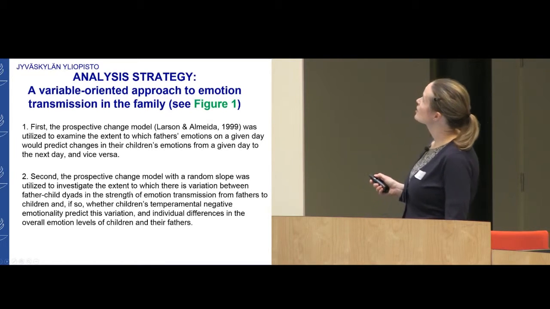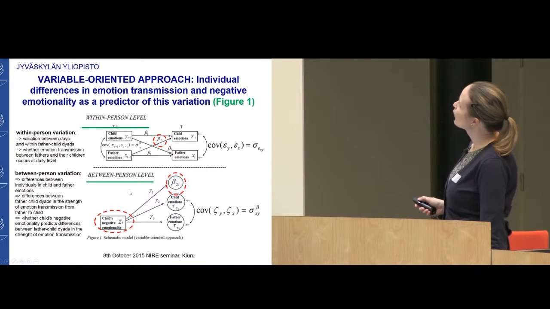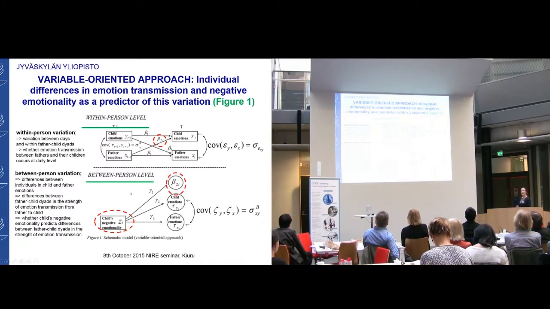And here is the within-person model, or model within these dyads. It looks quite familiar from what was shown in the previous presentations. But our particular interest was whether child's emotions predict father's later emotions, or father's emotions predict child's emotions, and then whether there is variability between these dyads in the strength of this emotion transmission. And it turned out that